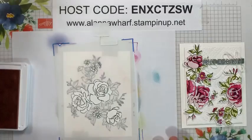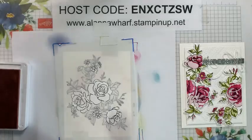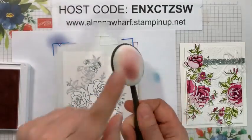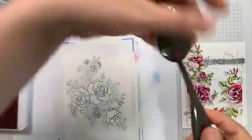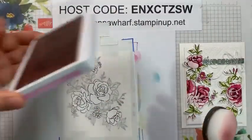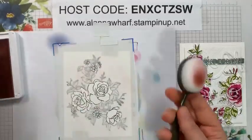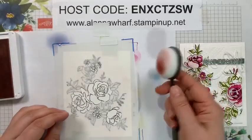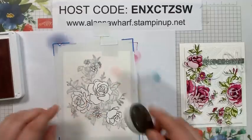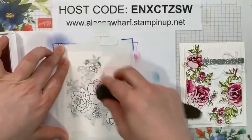Now I have just got to grab all of my blending brushes. Okay, so I haven't marked this one yet. Sometimes I mark them, you can see here, with a little circle. I'm going to begin with Bubble Bath. This is going to be the largest portion of the flower. So usually you would dab off on a piece of paper. I'm just going to dab off right on here because then I can still use that ink. So we're just going to